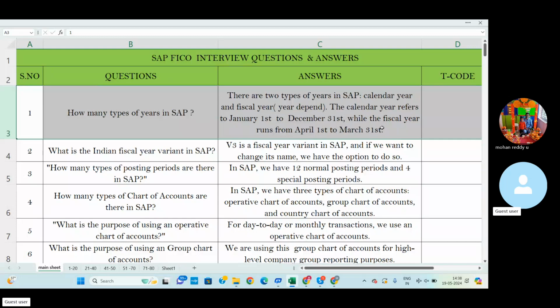As per accounts terminology, the fiscal year is one financial year. For example, April 1st, 2023 to March 31st, 2024 is one financial year.